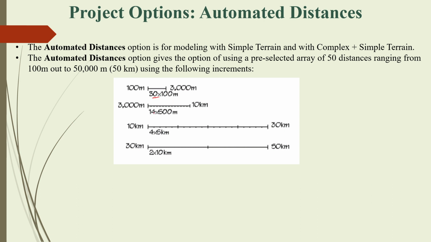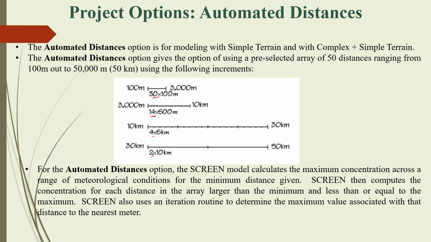So 30 plus 14, 44, plus 5, 49, and this two. So this is the 50 array. The first 30 is at 100-meter intervals, then 500, 5 kilometers, and 1000. So for the automated distance option, the SCREEN model calculates the maximum concentration across the range of meteorological conditions